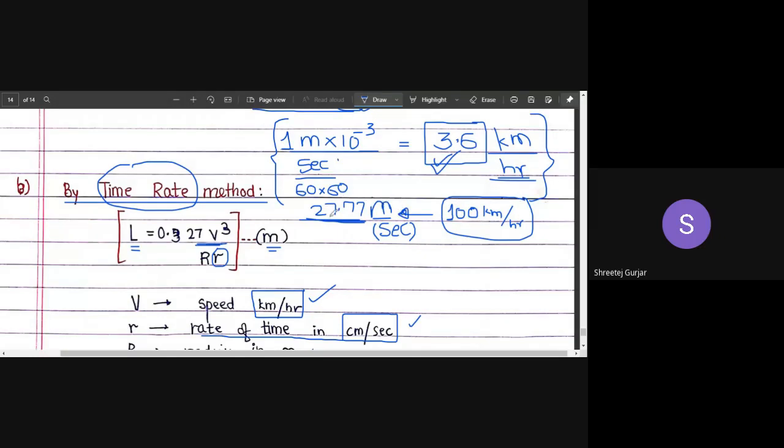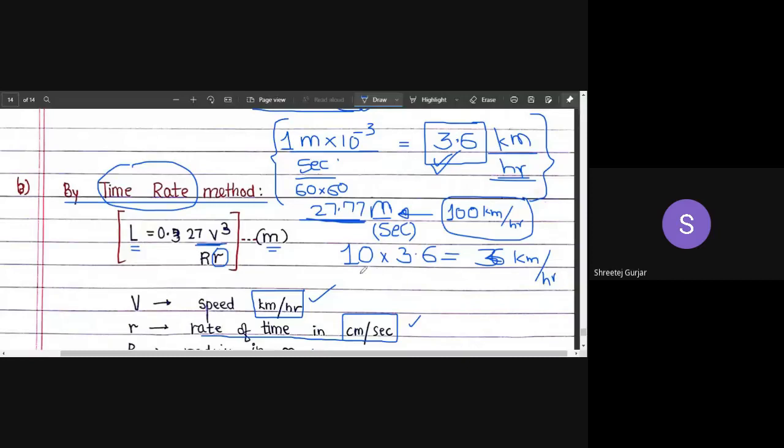Now if you want to convert from meter per second to kilometer per hour, just multiply by 3.6 and you will get it in kilometer per hour, right? Whatever value they give you in meter per second. Suppose they give you 10 meter per second. Now if you convert 10 meter per second to kilometer per hour, what will it be? Into 3.6 it will become 36 kilometer per hour,